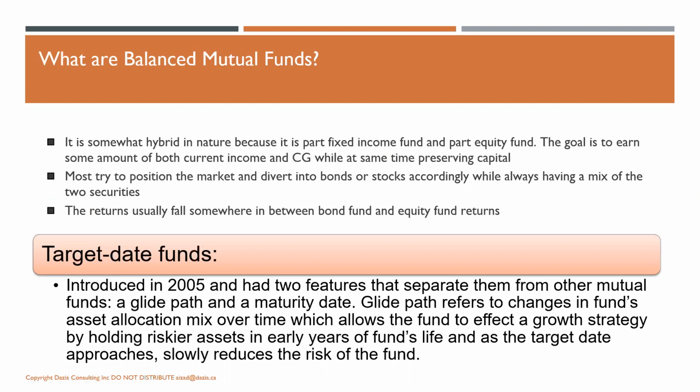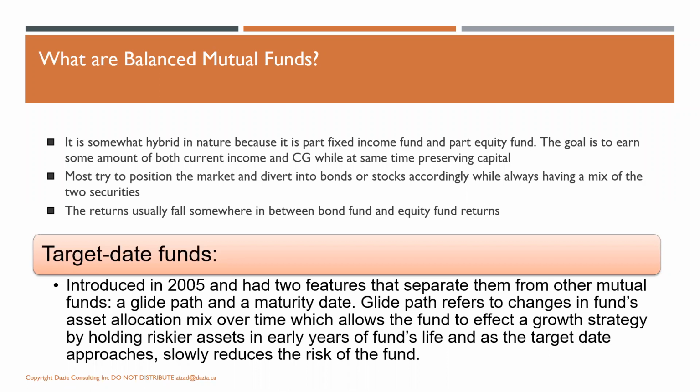What we're saying here is that initially it has investment mainly in equities. At first, it's going to be risky. Let's suppose it's a 10-year fund, and you plan on retiring in 2031, after 10 years. Initially, for the first couple of years, the target date fund will have more equities and shares and fewer bonds. As the years go by, the portfolio manager will sell the equities and buy more bonds. So as you reach your retirement age, it will become less risky. So this is a target date fund.